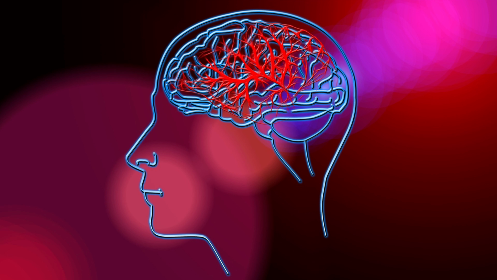Stroke occurs when there are two things. One, reduction of blood flow to the brain. Two, interruption. By interruption, there is completely no blood flow, or there is a decrease of the blood that flows